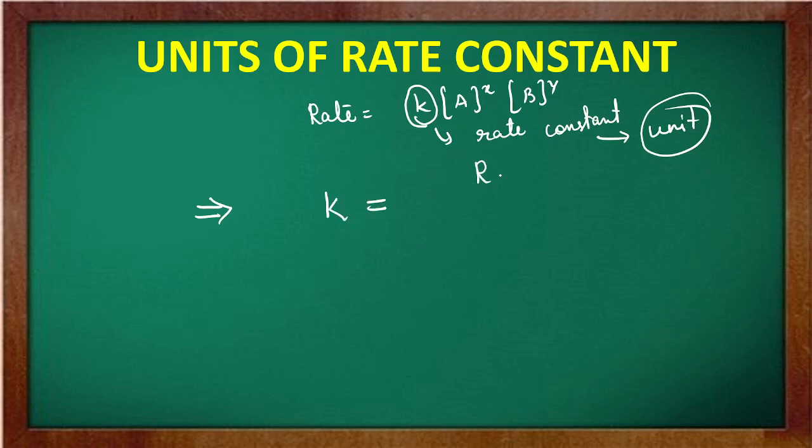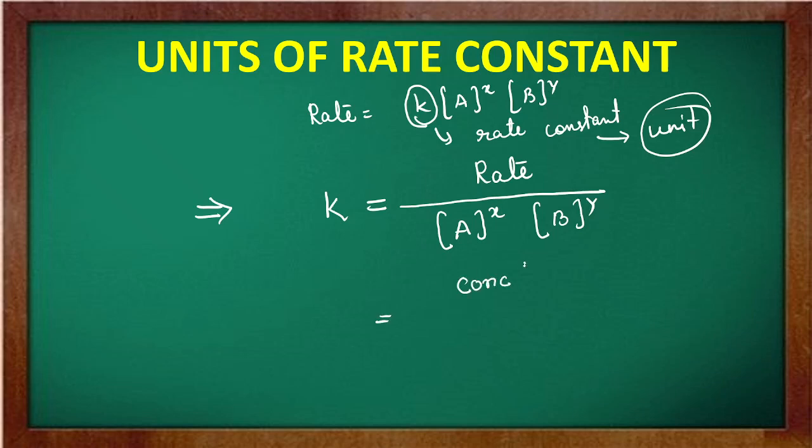K will be equal to rate upon concentration of A to the power x by concentration of B to the power y, ये होगा। अब याद करो कि जो last class, in your last class you have learned that what is the unit of rate of a reaction. Normally unit of rate of a reaction क्या था? तो rate of a reaction was your